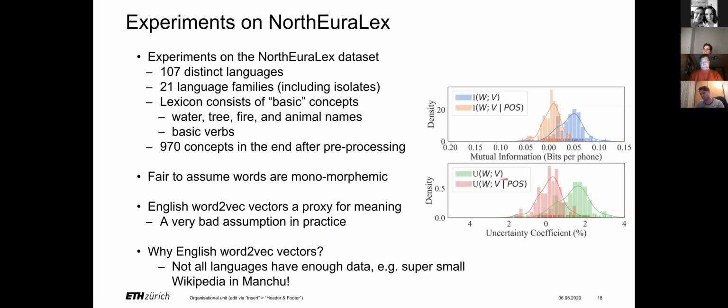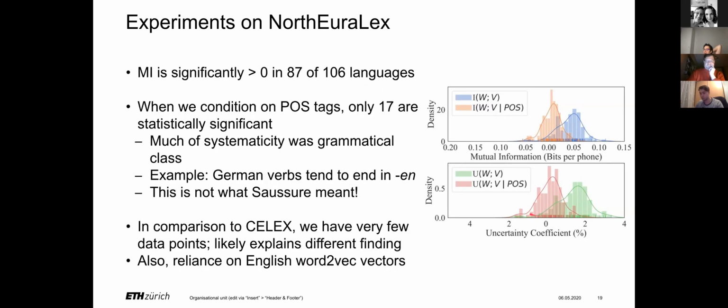This is the difference between these two curves, or say this is the normalized bit one. So these are the same. This is normalized. The green curve is with part of speech tags not being controlled for, so there's no conditioning up there. This red one, where we control for part of speech tags, you can see that a lot of the languages have